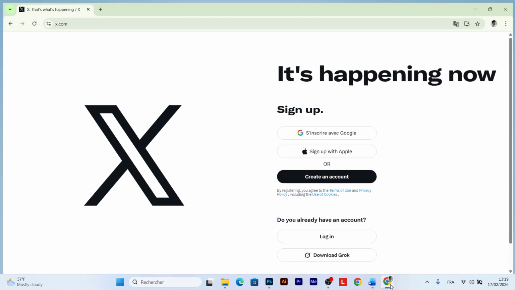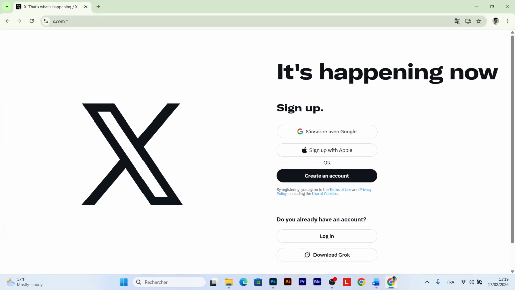First, open your Google and go to x.com. Here you can create an account, sign up with Google, or sign up with Apple. Or log in if you already have an account. You can do it like this, and you can sign up